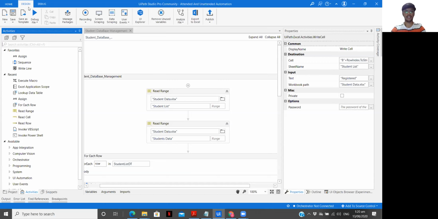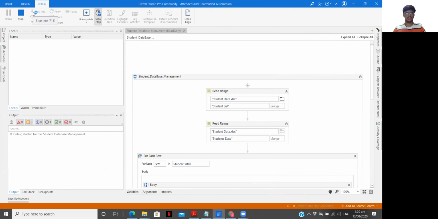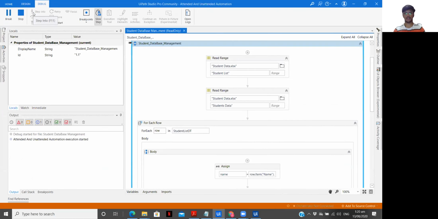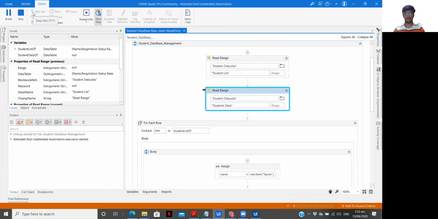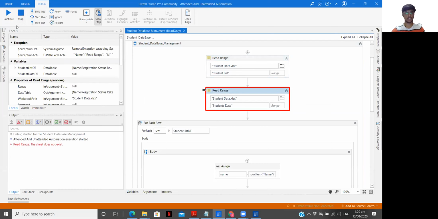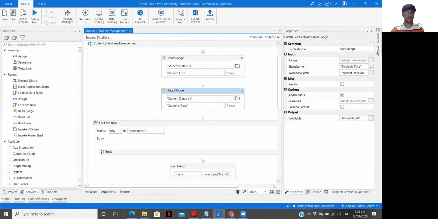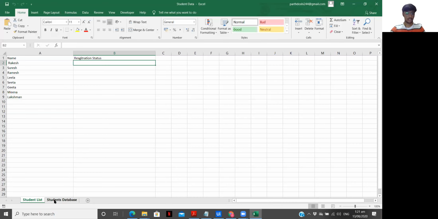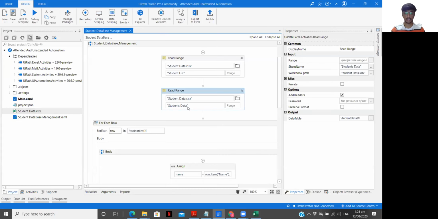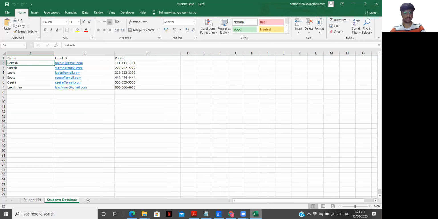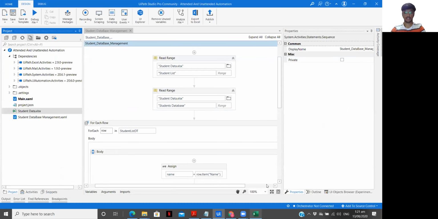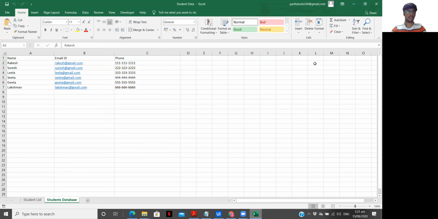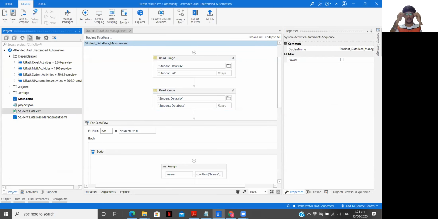So let me just run it and see. I've kept the slow step on so we can see which particular activities are being performed. Okay, the sheet does not exist. So I think there is some name change maybe. Let's check that. Students database, and here I have students data. Let me check that again. Okay, it's proper. Save. I don't cut all this part because you can also understand what mistakes we need to avoid.